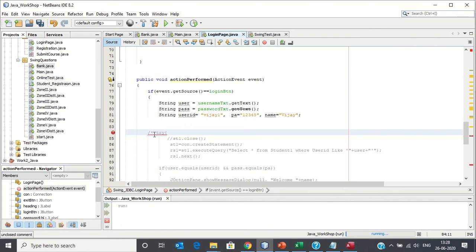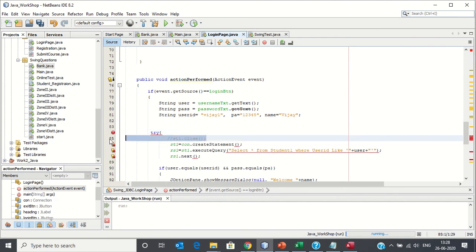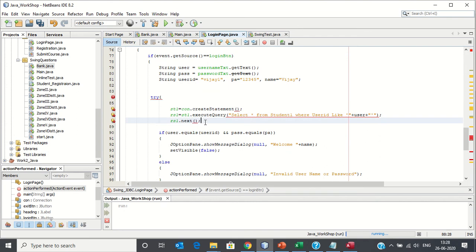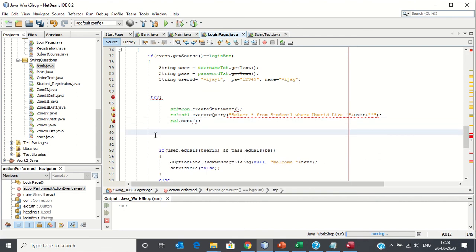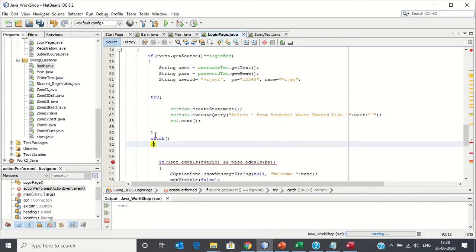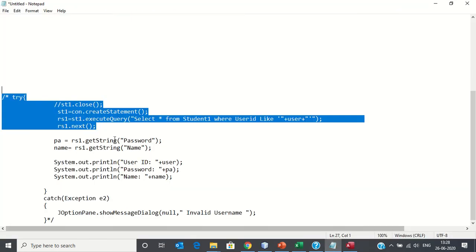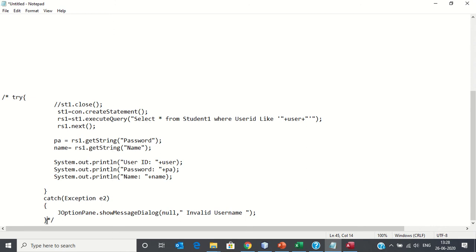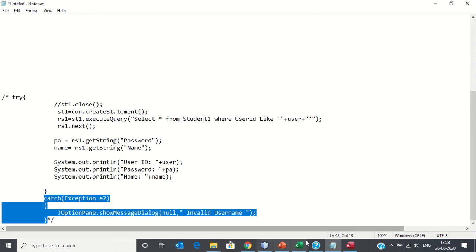This is the query statement. So you can just write inside the try block. So the try block is closed, and define the respective catch block. I'm directly copying and pasting the catch block code. This is the catch block statement.